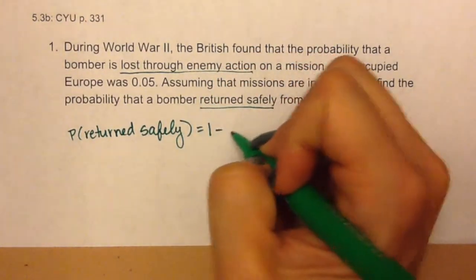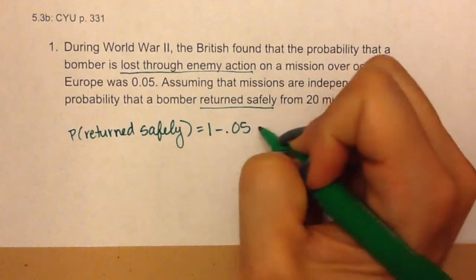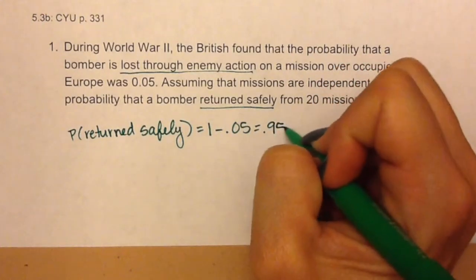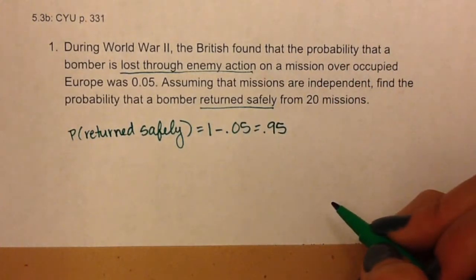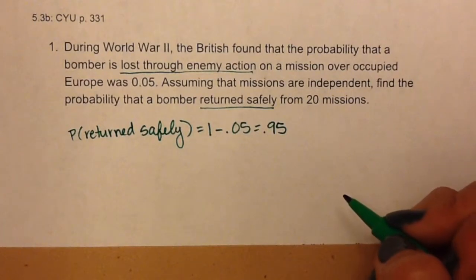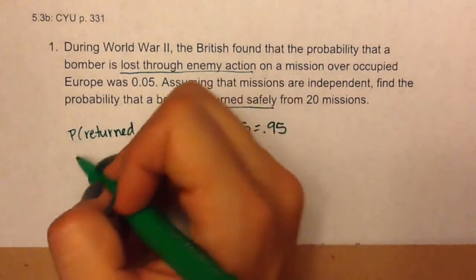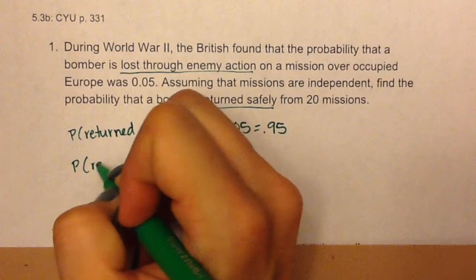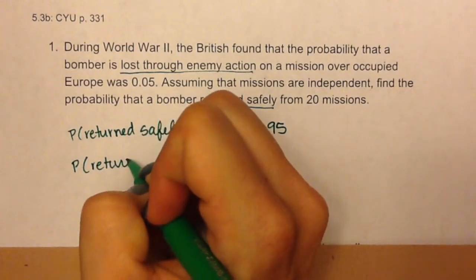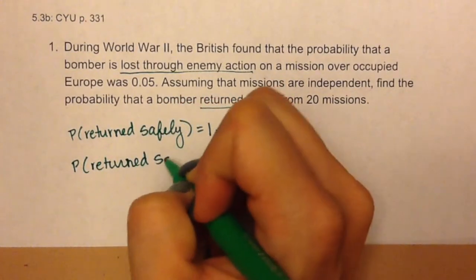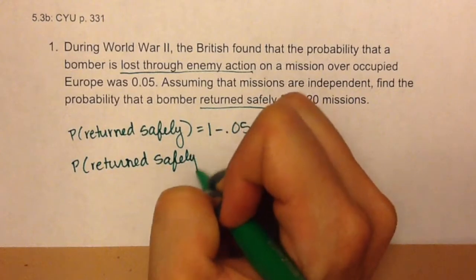So it would be 1 minus 0.05, giving us a 0.95 probability that they returned safely. Now, that would be on one mission. To find the probability that they returned safely on 20 missions, we have to use the fact that,